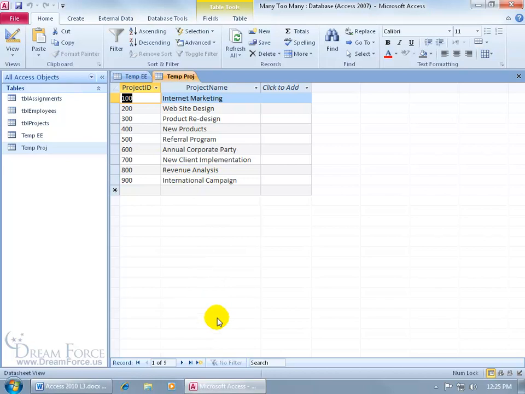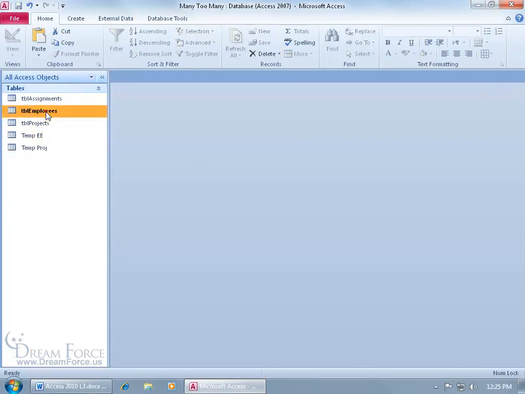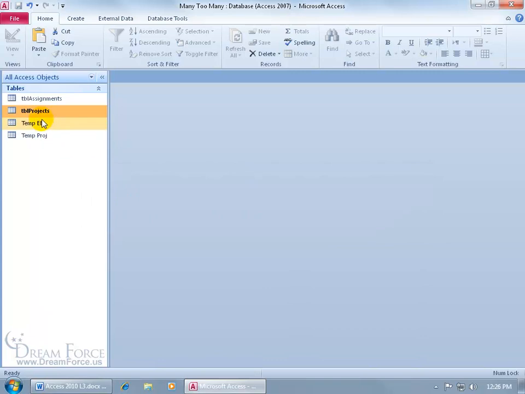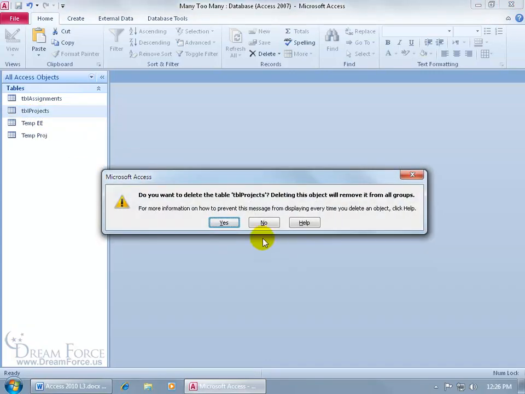What I want to do next is I want to go ahead and, let me close out of these 2, delete the original tables, because those are the icky tables, the ones that don't allow us to go ahead and create a one-to-one relationship with this one. So we'll select it, hit the delete key. Are you sure you want to do this? Now, if you try to delete something that already has a relationship, and I click Yes, it says you can't delete it until its relationship to the other tables have been deleted. Do you want Microsoft Access to delete the relationship now? You can say yes. And then go ahead and let's do the projects,